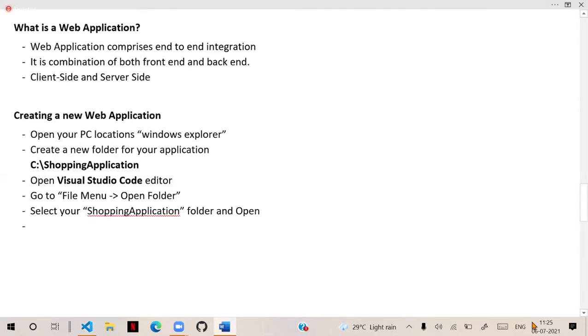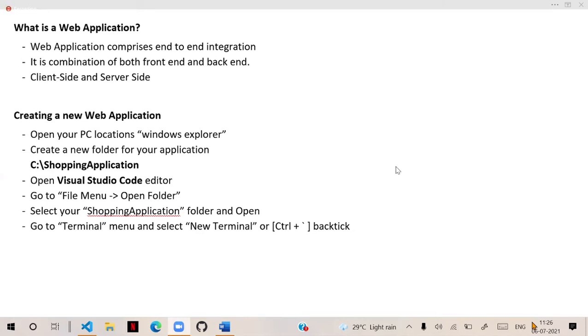Next step, go to the terminal menu and select new terminal, or you can use the shortcut Control plus backtick. Backtick is present on the keyboard.